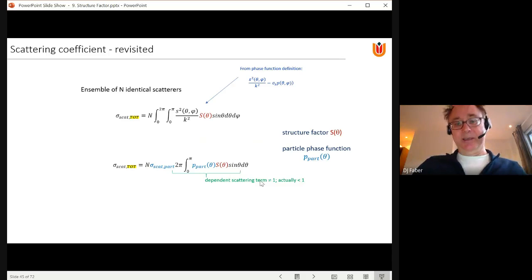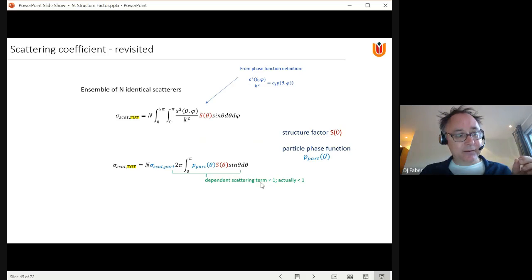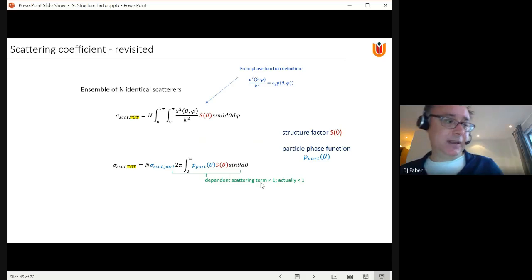So to calculate the effects on the total scattering cross section of these interferences, what you have to do is multiply the phase function with the structure factor and integrate that out. So if the structure factor would be equal to unity, then it just is an integral over the phase function, which is normalized by definition. So then the result is 1. If the structure factor isn't equal to 1, then the integral will not be equal to 1, and that will be then the correction that you apply to the